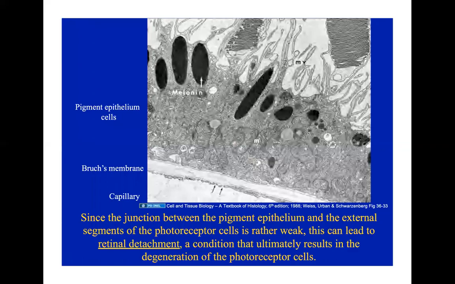So here you have your pigment epithelium cells and your Bruch's membrane, considered the innermost membrane or lining of the retina. There is also a clinical condition called retinal detachment, which occurs when the photoreceptor cells become weak and the retina detaches from the eye. If this is really severe, since this is a neural structure, it can cause blindness in an individual.